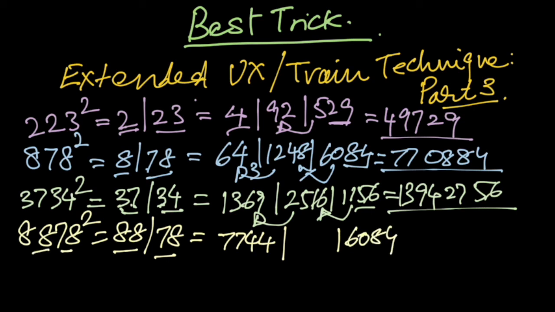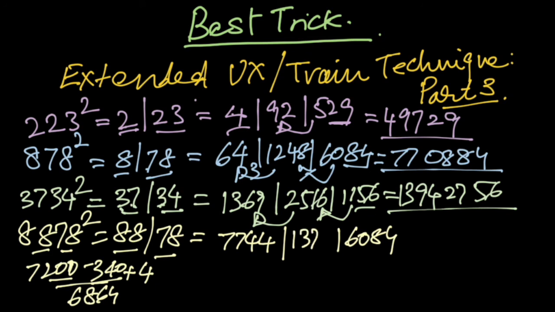So, here we can do 90 minus 2 and 80 minus 2. So, we have 7200 minus 2 times of 170, which is 340. Then we have to add 4 for it. So, this becomes 6864 times 2. So, this is 136 and 128. So, 137, 28. So, here again we do the same thing, we take 84 here, then 60 we move here,